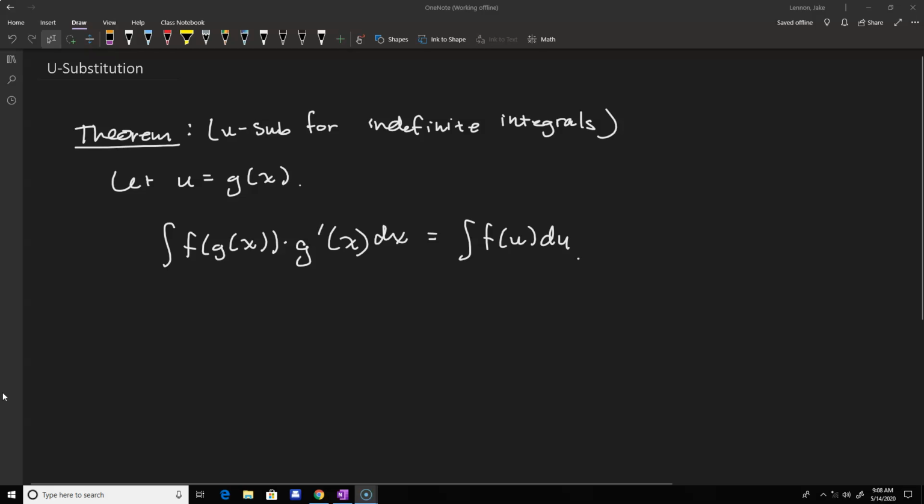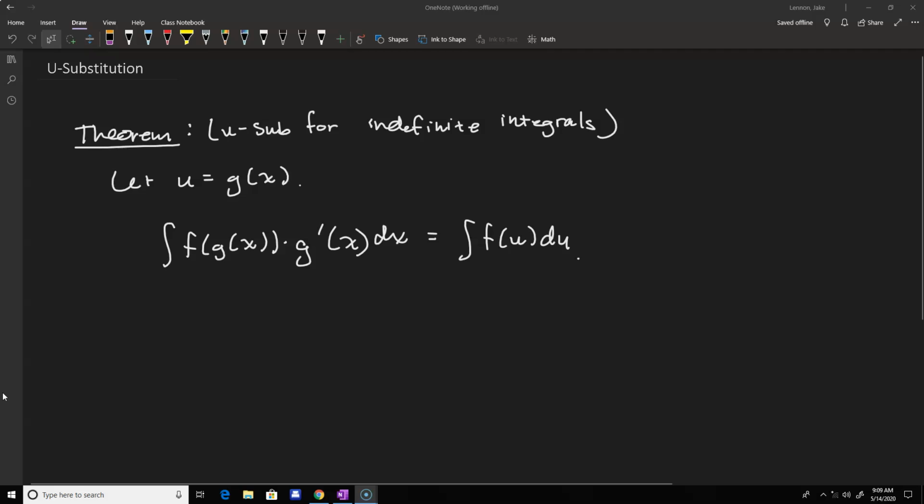We can write down the theorem as you see here. So if u is g of x and you happen to have some composition and g prime of x is multiplied by it, that's essentially like, if you think about the chain rule, the multiplication by the derivative of the inner composed function. That's what that g prime of x is acting like. If you can make a variable substitution, then you can go ahead and find the antiderivative. So really, this is about organization when applying this theorem,